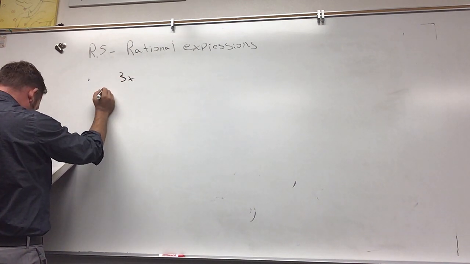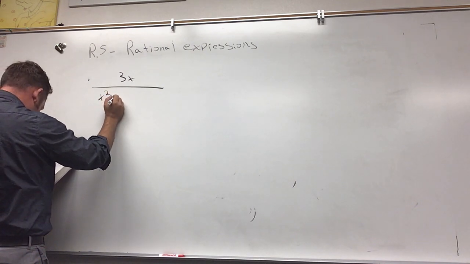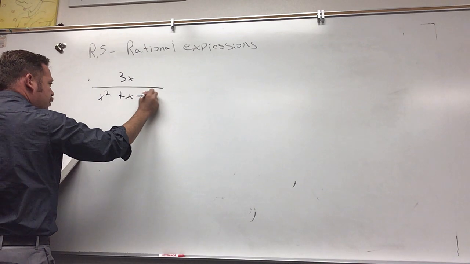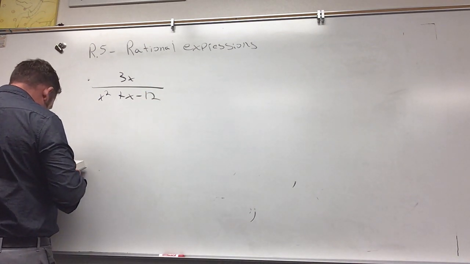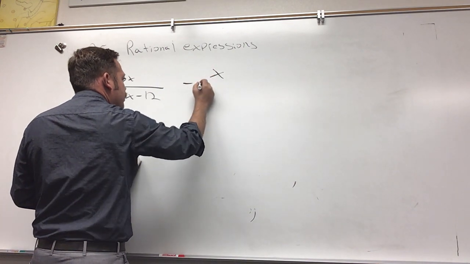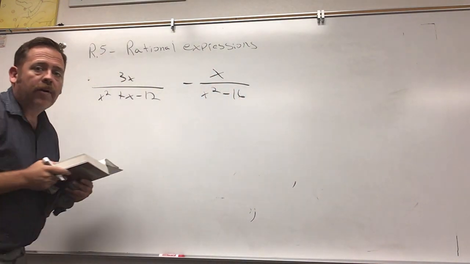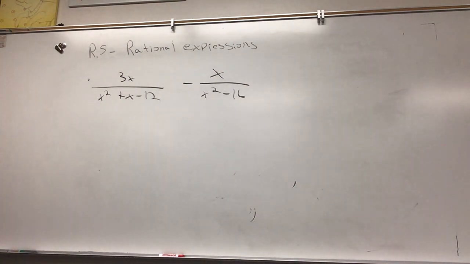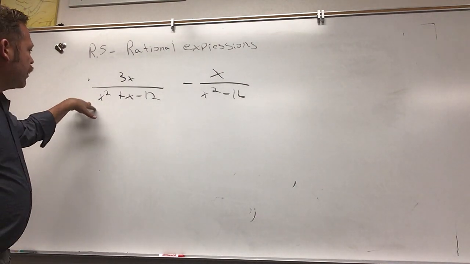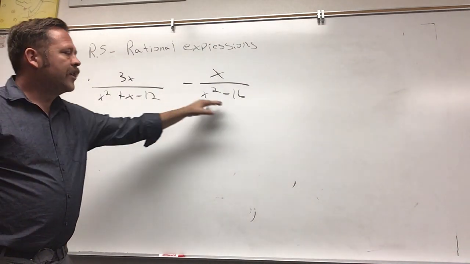3x over x squared plus x minus 12. And then let's do minus x over x squared minus 16. Okay, so for this one, it's hard to see what the factors are in this denominator